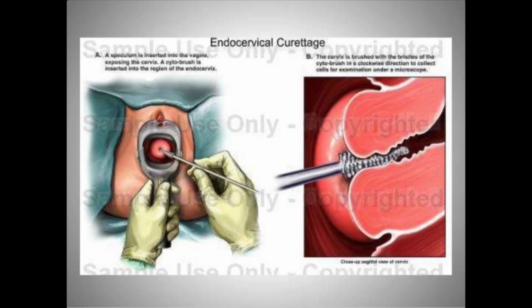And so we're actually getting some of the cells from the inside where you can't see if we're doing a colposcopy. The reason why we do that is because we want to make sure that, say for instance, the cytology or the study where they looked at your cells under the microscope for your pap smear matches up with the actual tissue that we get. So cells and tissue are pretty